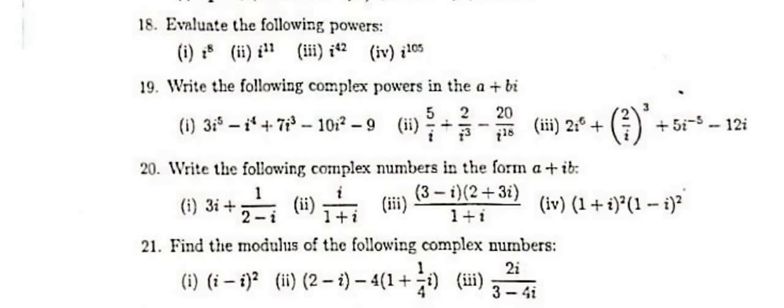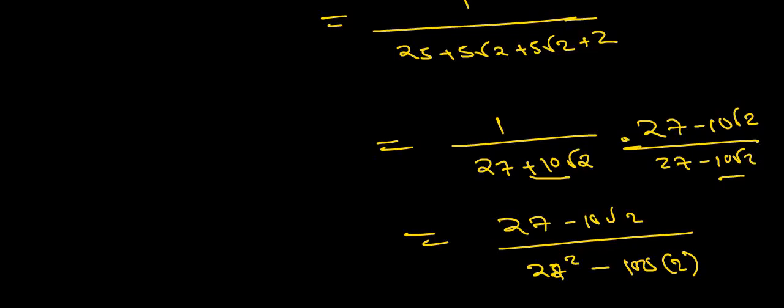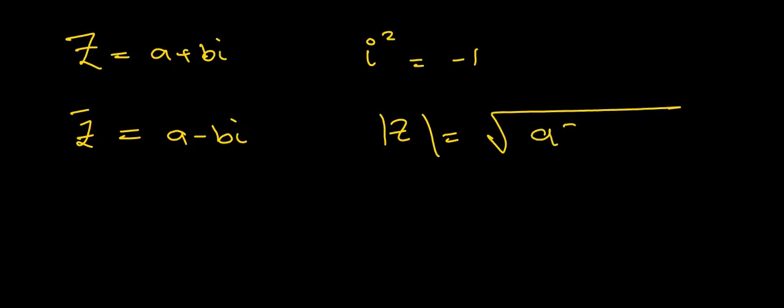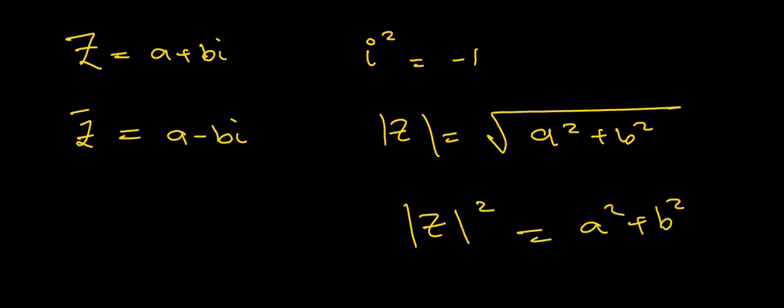the basic thing is that a complex number is anything that has a real part and an imaginary part. Let's say we have this. i squared is generally equal to negative 1. If I ask what z bar means, it's the conjugate, meaning change the sign of the imaginary part. If I ask for the modulus of z, that's the square root of a squared plus b squared. This is a general idea about complex numbers. Now, when we do our applications,